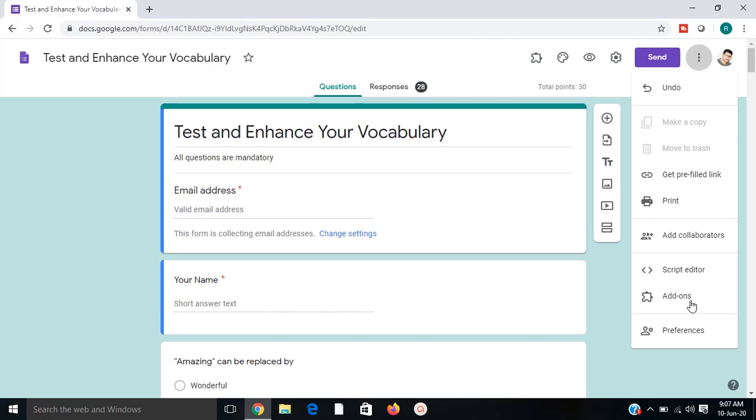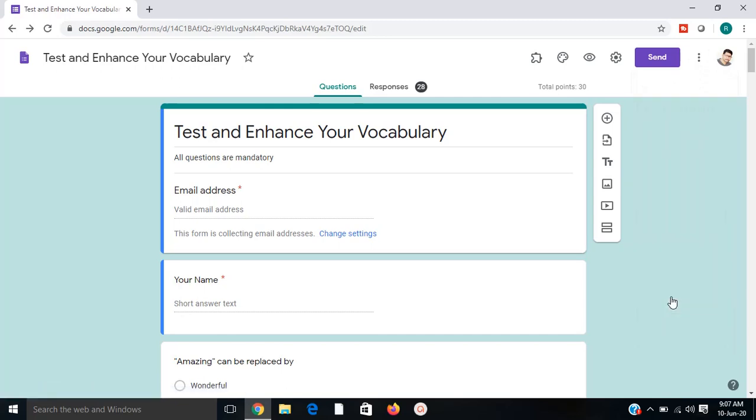Just wait, because the net is so slow that I am facing some problems. The method is that we have to install an add-on in this form to implement this functionality.